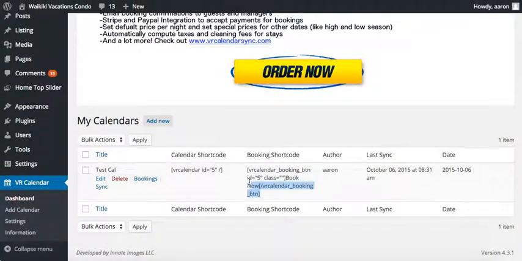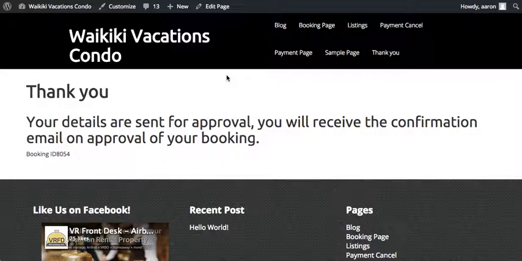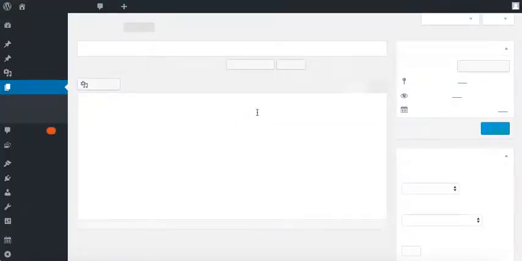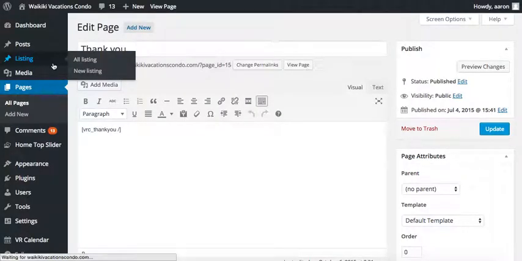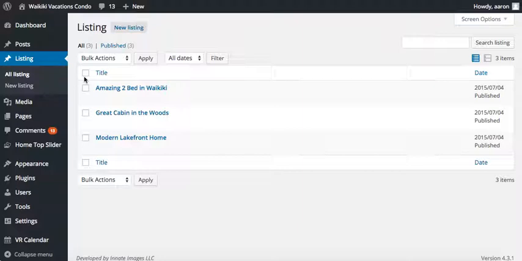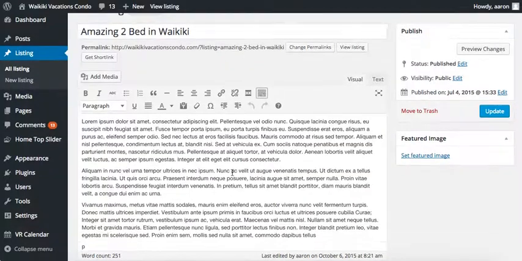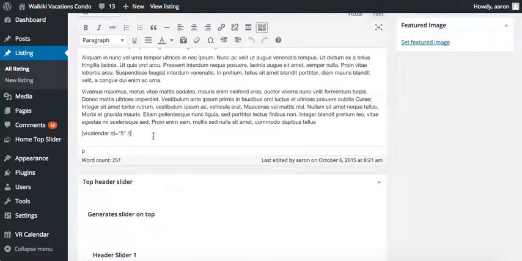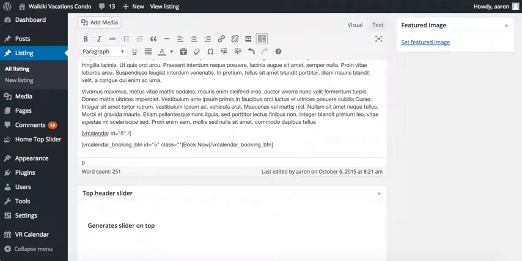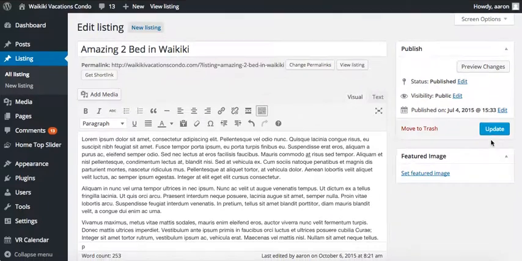The last thing I'll show you here is this book shortcode button that we can add to our site. So if we go, we don't want to modify this page. We want to modify listings actually. So we're going to edit this listing. Back in here, besides the calendar, we could also add a Book Now button with any text you like right here. And this is a booking button just for this calendar. So if we go back and update this,